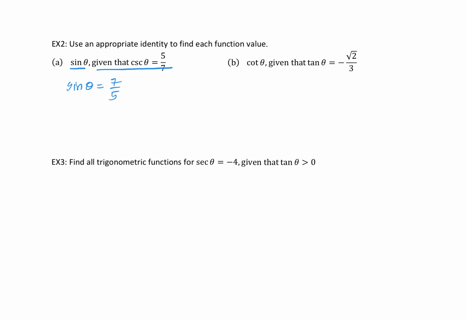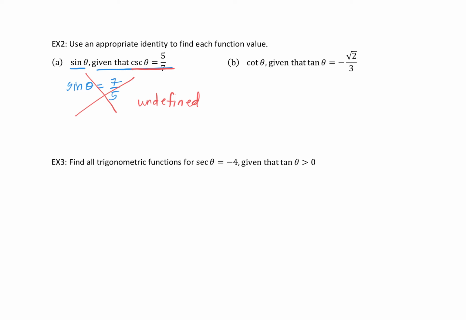But also look at cosecant. When we looked at the range of cosecant, remember we took away -1 to 1? So cosecant is equal to 1 to positive infinity, or -1 to negative infinity. So it's impossible for cosecant, for any angle theta, to be equal to 5 over 7. So in this case, this is undefined. Now your book is really nice. It's going to give you all these defined things when we're dealing with this type of problem. But just be aware that we do have domains and ranges for all of these trig functions,